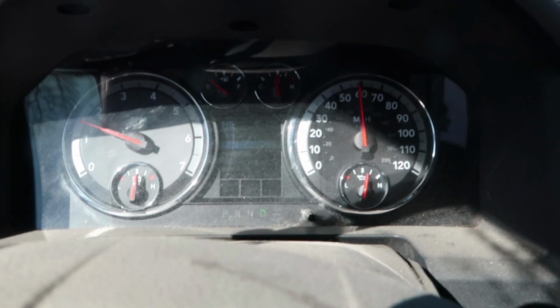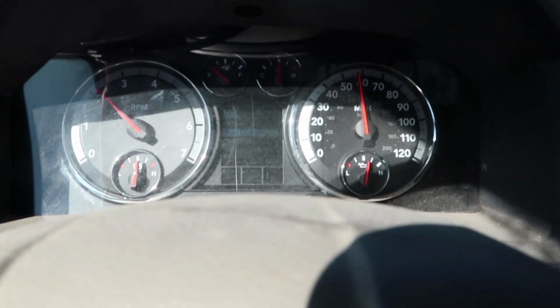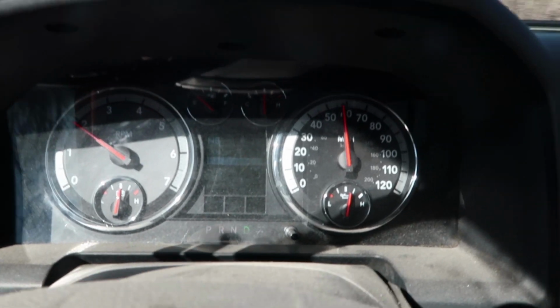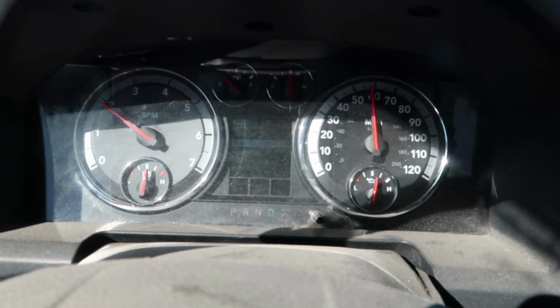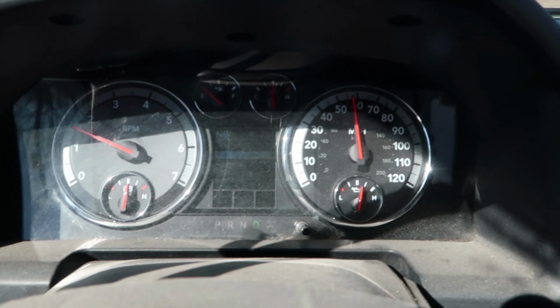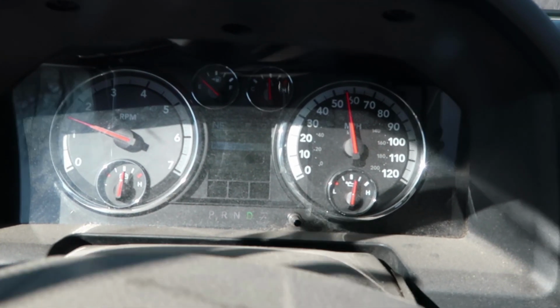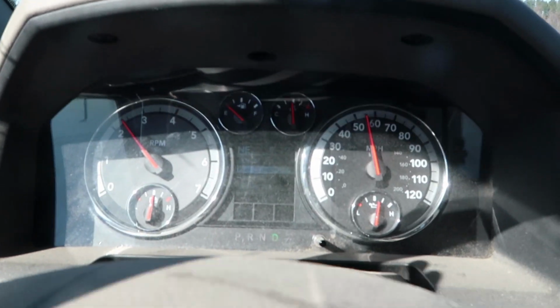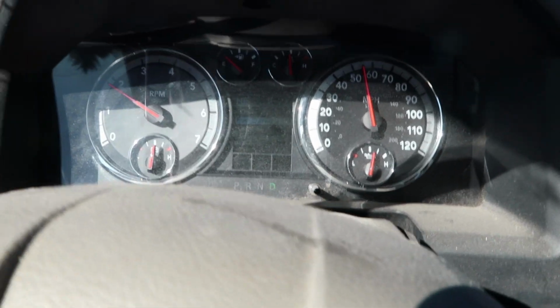See, like that little hill right there, I feel like is something where my truck's torque would have helped carry us and maintain our speed going up that hill. And I don't think that my truck would have dropped gears like that to get us back up to speed and hold and maintain a 55, 60 mile an hour range. So there's where the biggest difference is going to be, aside from the fuel mileage between the gas and the